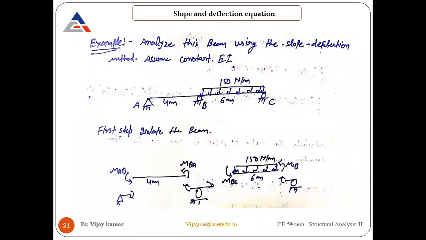So the approach remains the same for each and every problem. First of all, isolate the beam and joints and apply the rotation moments over there, MAB and MBA. Similarly, at this point, this is also, because we need to maintain the equilibrium. So this one is also MAB, here MBA, this one is MBA, this is MBC, this is also MBC. Just make sure the sign convention is equal and opposite to them. So one is rotating in this direction, the other should be in this. This is also in this direction, the other is in the opposite direction. Similarly for MCB and all that. So that's how you can isolate the joints and apply the moments.